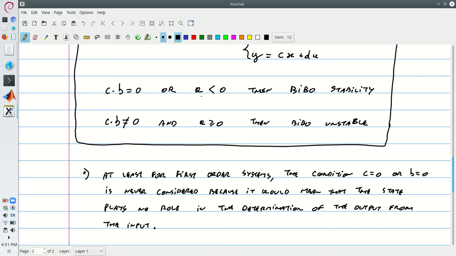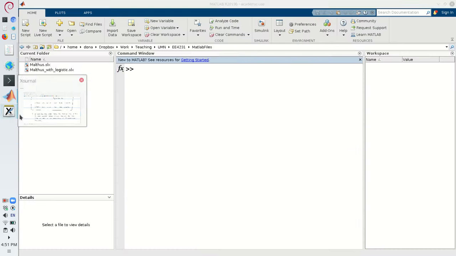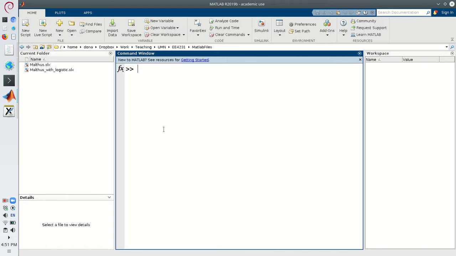So we are only left really with one condition for our BIBO stability. That is, if a is strictly negative, then we have BIBO stability. If a is non-negative, instead the system is BIBO unstable. That's pretty much what the condition boils down to in practice. Having said that, well, let's just get into